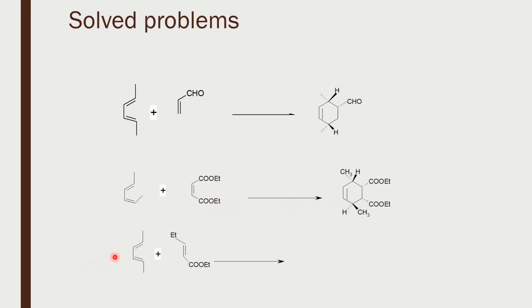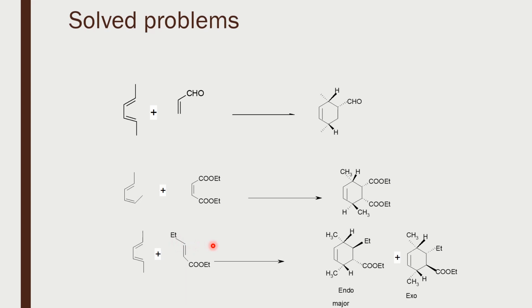And the last one, here you have EE, but now you have two substituents which are not the same. Here both the substituents were the same, but here you have two different substituents. So the question is, will ethyl be below the plane, or will you take endo with respect to the ethyl group, or will you take endo with respect to the COOEt? Recollect that endo is formed because of secondary orbital overlap. Now that secondary orbital overlap is possible only in the case of ester because only this has p orbitals. Ethyl does not have p orbitals, so the endo is with respect to the ester and not this.